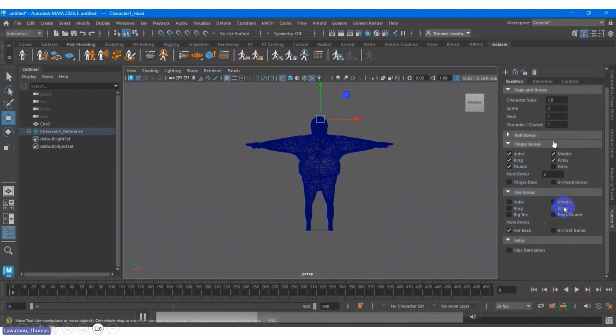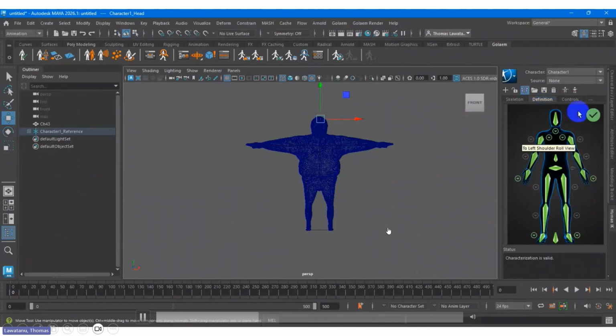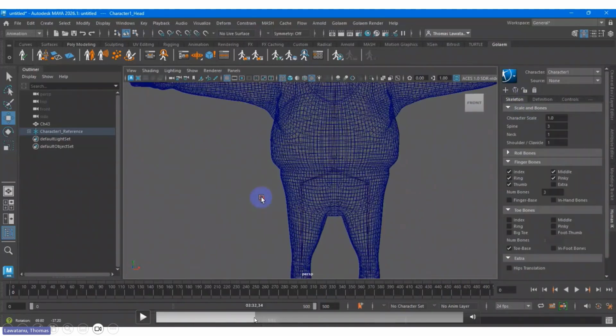So these are the options below. When I scroll down, this is the finger bones. Let's say I want to hide something, so I don't need the ring, thumb, anything. It depends on your character. For the finger bones, you can uncheck, which means you can hide the positions. Also, when you scroll down, you can roll out your attributes, then you can see any part of this rigging you want to hide and unhide.